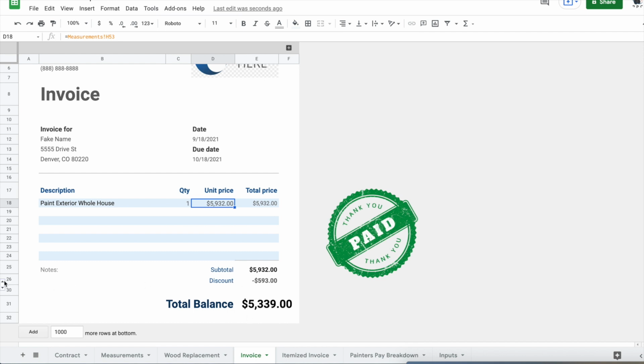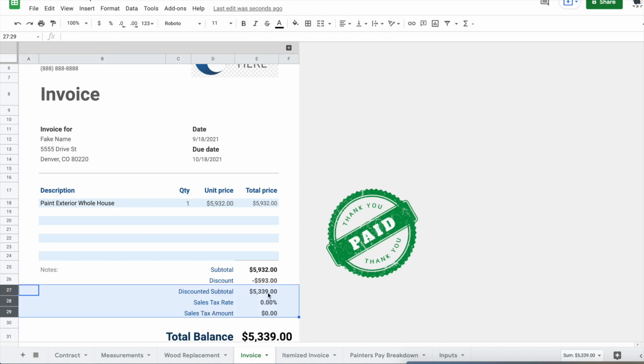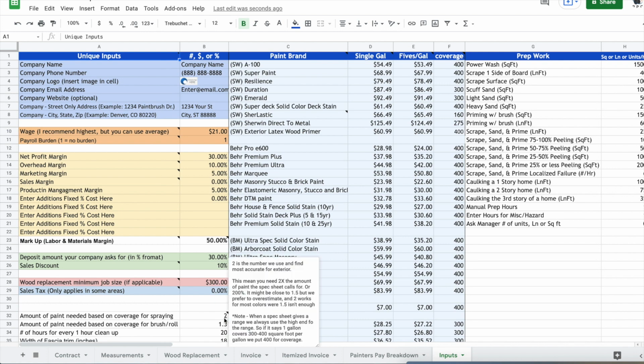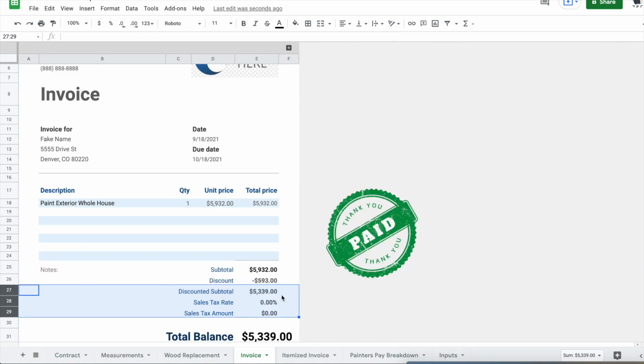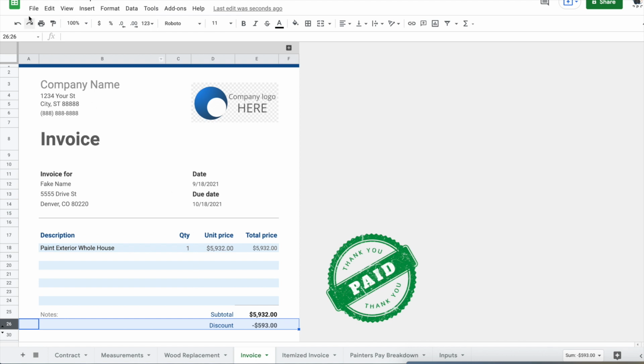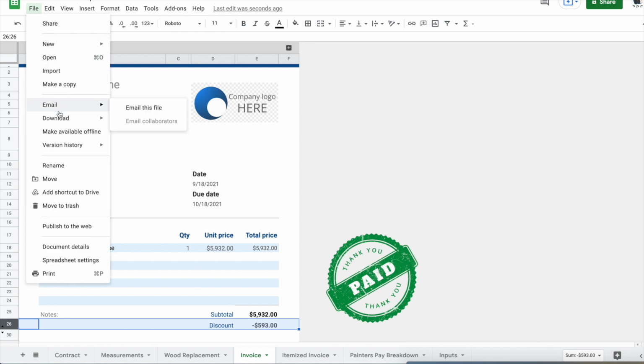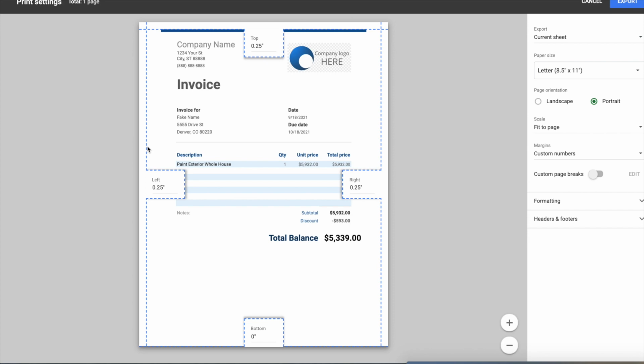If you do, you can hit these buttons right here and then it'll show the sales tax, and you'll put in your sales tax amount in here. So if you live in a place that needs that, just hit those buttons and then it'll show that. And then just like you would export the contract, you're going to go File, Download PDF, and it will export